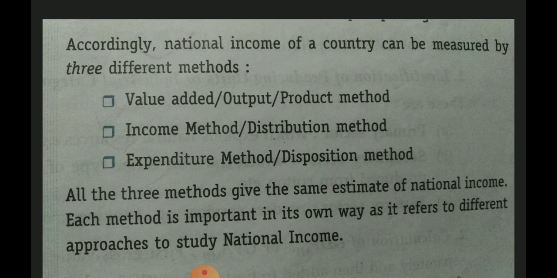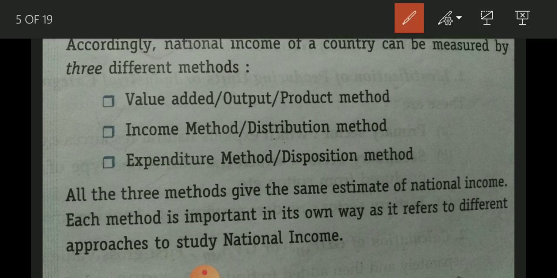There are three methods to calculate national income. National income means NNPFC. And what is NNPFC? It includes all factor income that is earned by normal residents within the domestic territory as well as outside the domestic territory. So for calculating national income, we take factor income generated within the country plus outside.